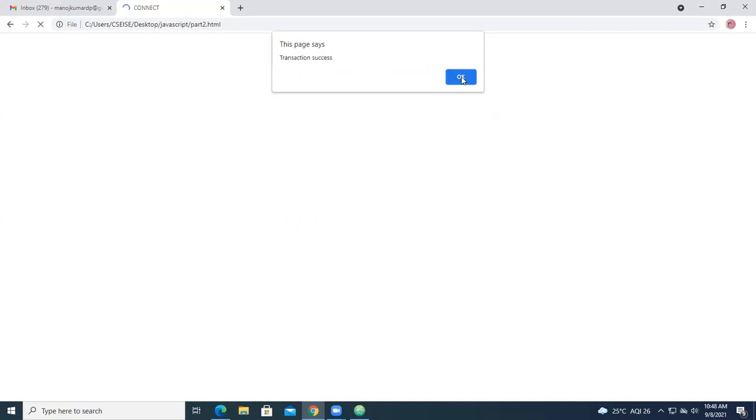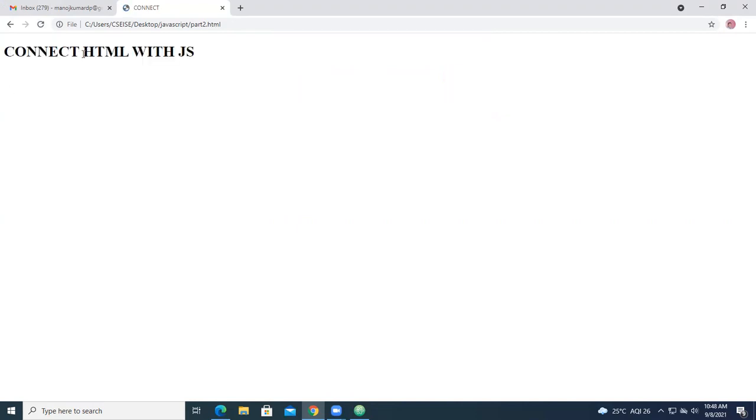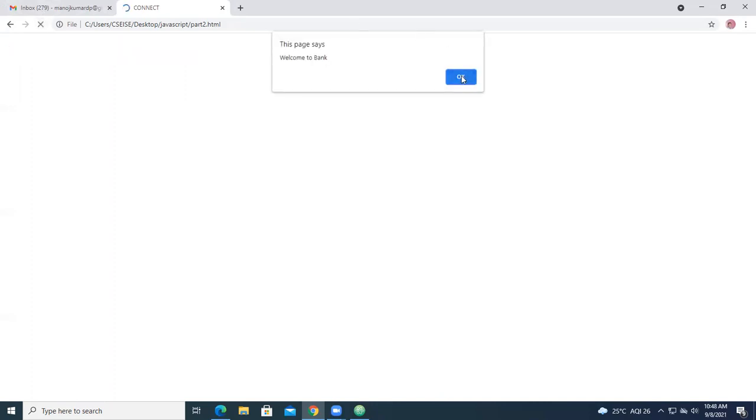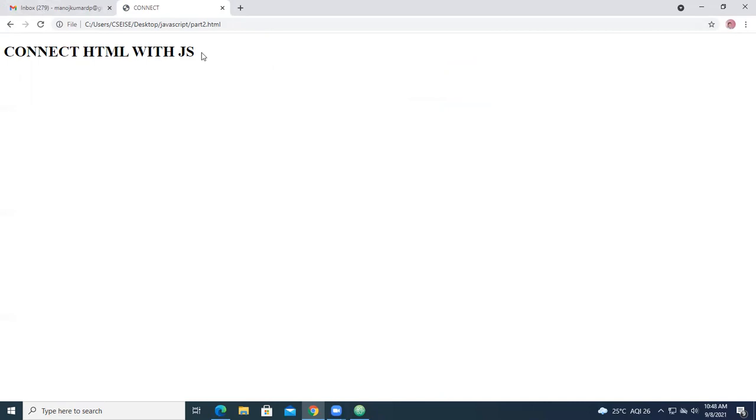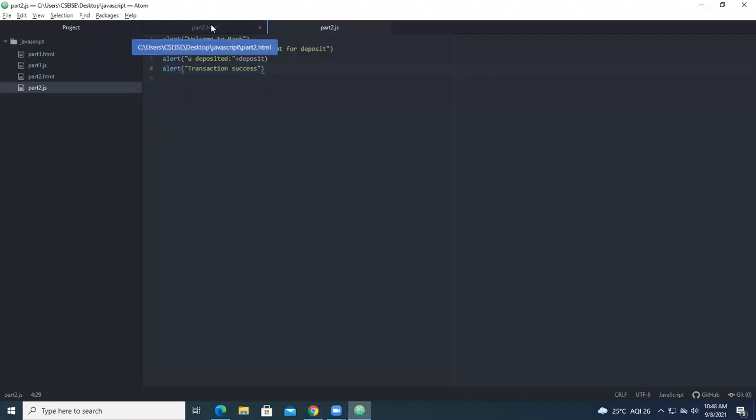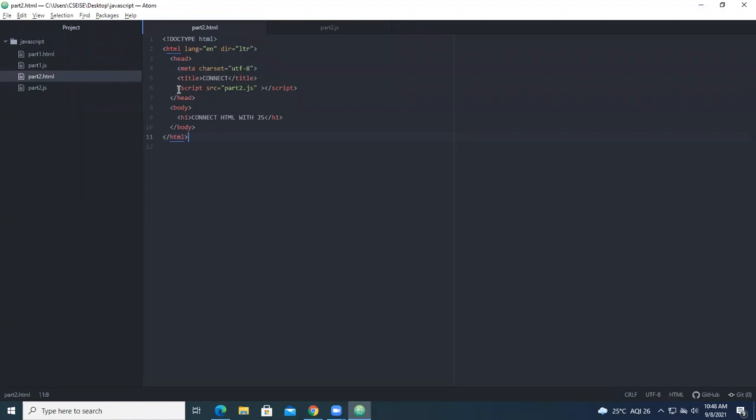So you are getting transaction success. If you give OK, now it is showing connect HTML with JS. That means the script file is going to be executed first, followed by the HTML file. Understand what I am telling? So when you refresh, first the script file is going to execute. All the script contents are executed, then the HTML contents are going to execute. But if you want the HTML part to be executed, followed by the script,